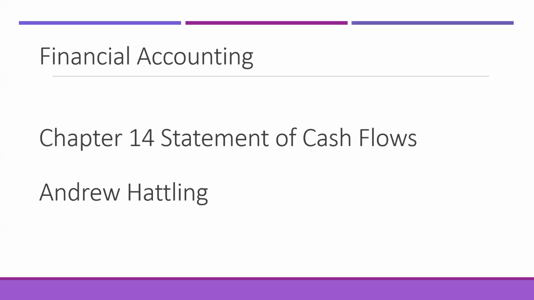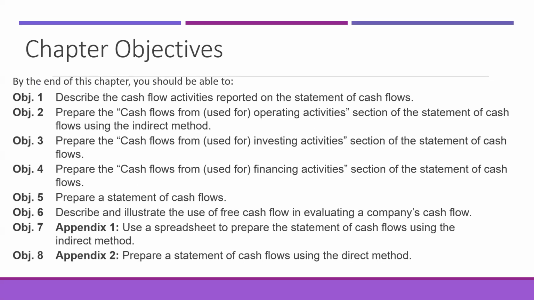So welcome everybody. We're going to get started with chapter 14 on the statement of cash flows. This is going to be a full walkthrough of it in the indirect method, which is cash flows from operating activities, investing activities, and financing activities under the indirect method. And then we're going to prepare a statement of cash flows, take a look at free cash flows, and also some more details on using the direct method with